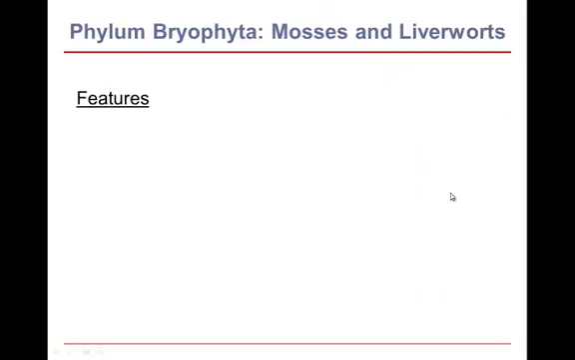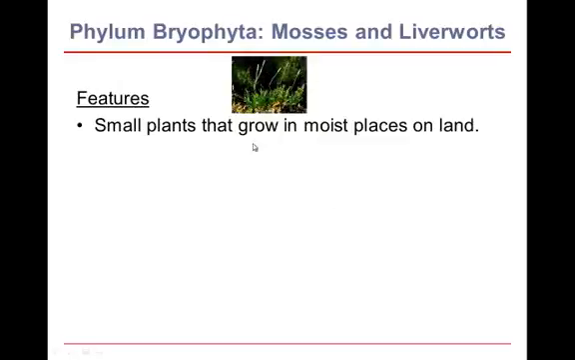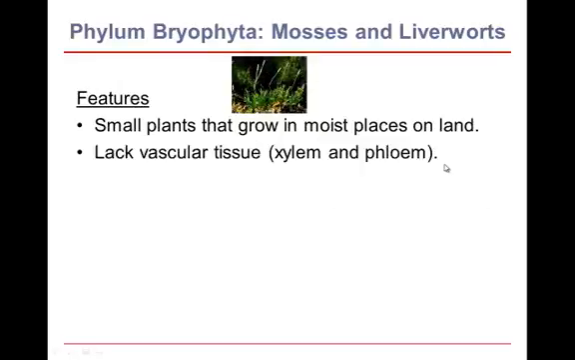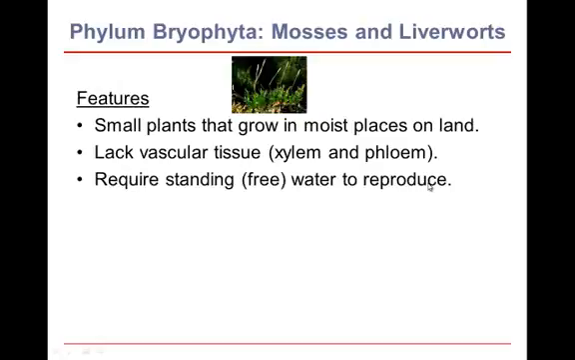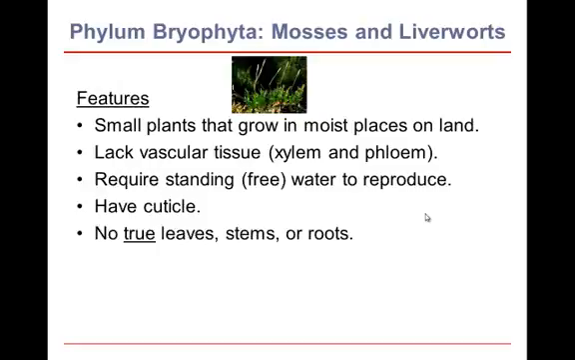So let's look at some of the features of phylum Bryophyta. These are small plants that grow in moist places on land. They lack vascular tissue, hence the common name for the phylum, the non-vascular plants. This is the only phylum of plants that's currently in existence that has no xylem or phloem. These plants do require freestanding water for the male sperm to swim through in order to reproduce. These plants have a cuticle, although it's fairly poorly developed. These plants lack any of the true plant organs. They don't have true leaves, they don't have true stems, they don't have true roots, and of course they don't